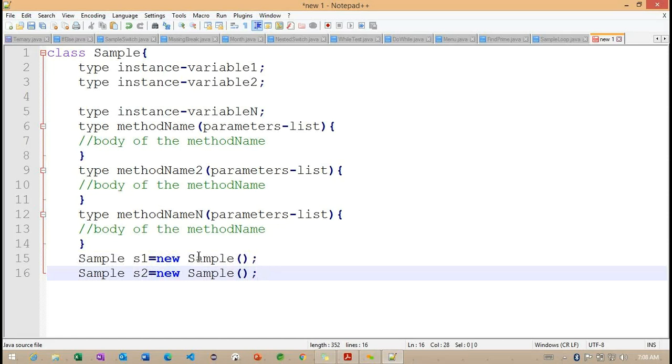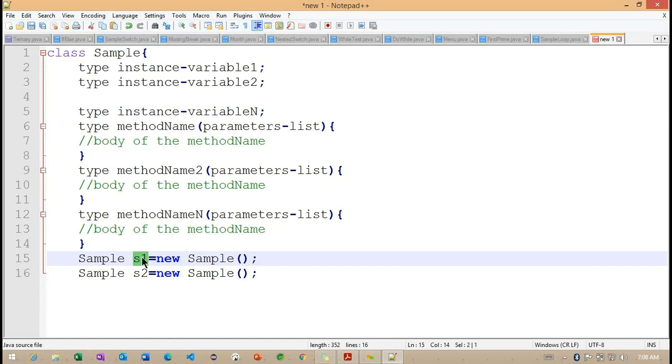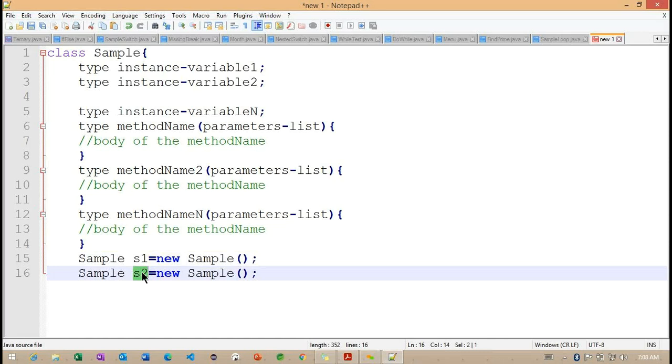The S1 object will contain its own copy of the variables and methods, and in the same way S2 will also contain its own copy. Even though the methods are the same, the internal operation is different.